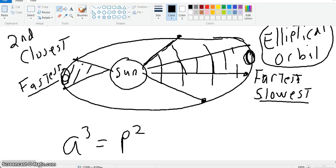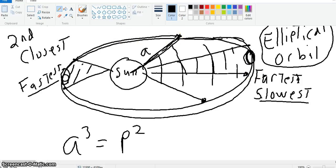And then the third law, as I have down here, says that a planet's distance, or its average distance, that's what we call A. So A would be like this. That's A, this distance here, okay, from the center of the sun to where the planet is. Now, of course, it's getting closer and further, but A is called the average distance, or its technical name is called the semi-major axis. All right, anyhow, and P, of course, is the period. So the time it takes the planet to go all the way around the sun to complete one orbit, of course, that's the period. And the units here for the period are years, because Kepler, basically